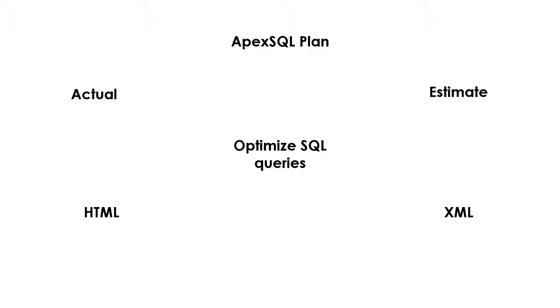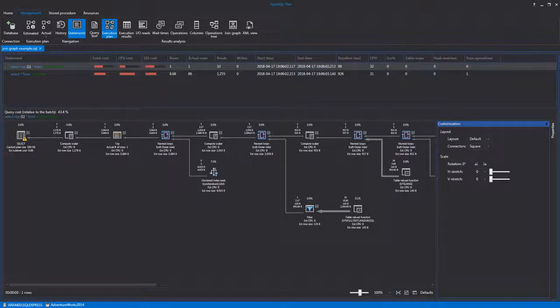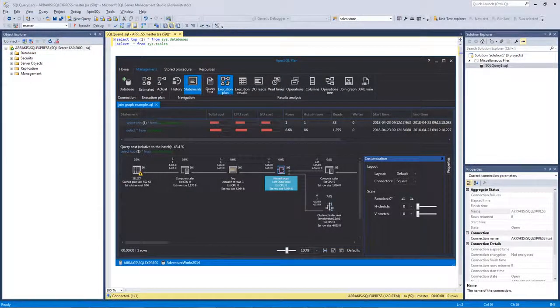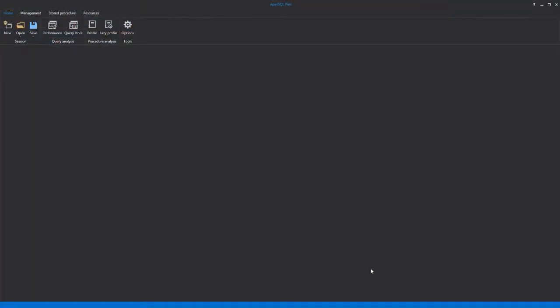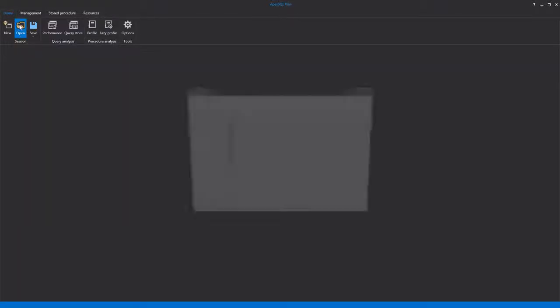ApexSQL Plan consists of two main components. 1. A standalone Windows application used as a manual query execution plan viewer and for query optimization. 2. A SQL Server Management Studio add-in that allows opening and viewing query execution plans in ApexSQL Plan directly from SSMS. In order to start the execution plan analysis, let's create a new session and open a SQL file from